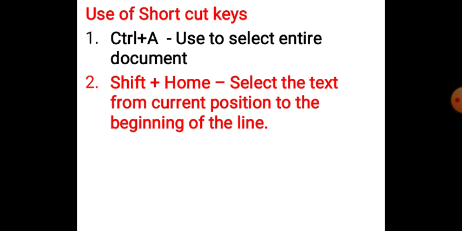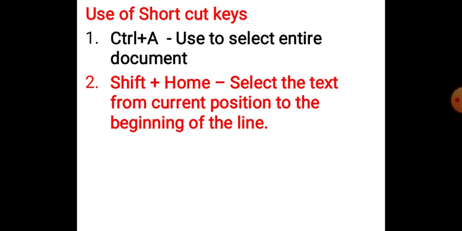Now children, there are some shortcut keys also. With the help of those shortcut keys, you can quickly select the text, like Ctrl plus A. If you simply come in a document and press Ctrl and A together, plus means together, then you will find that the entire document will be selected. Suppose your document has 8 pages and you want to select the content of all 8 pages, then you don't have to use the mouse and keyboard. Simply press Ctrl and A key together and the complete document text will be selected.